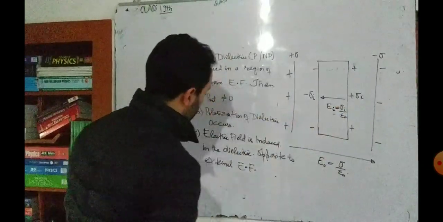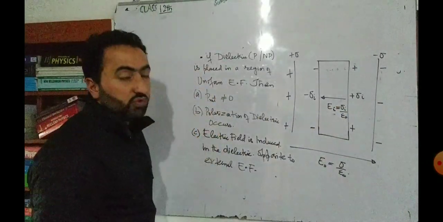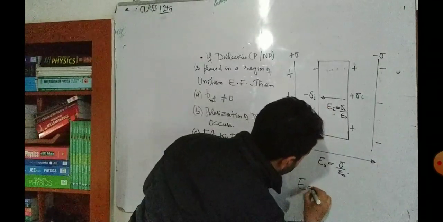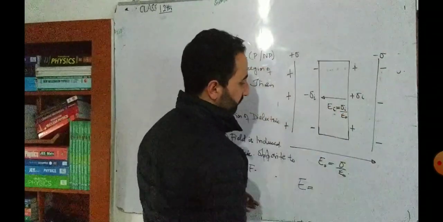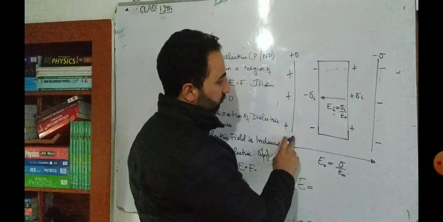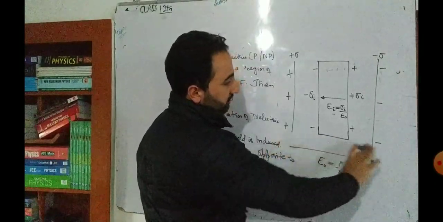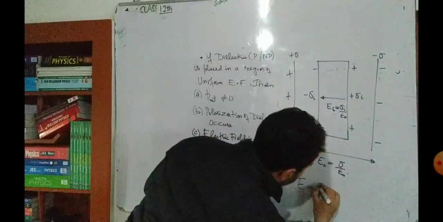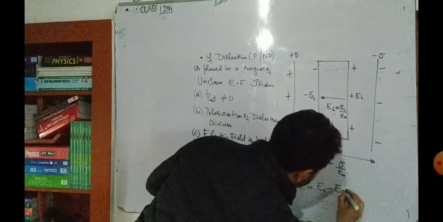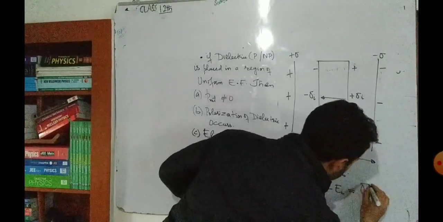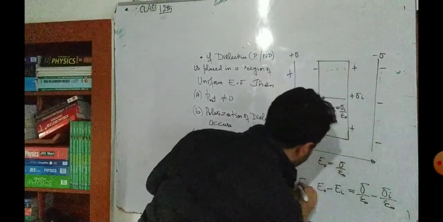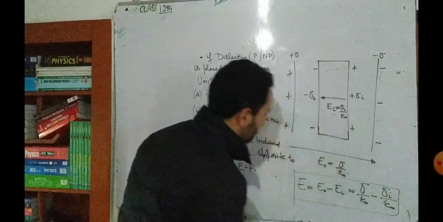So in this direction, which implies that there will occur what? Weakening of the electric field. That means the net electric field E in this region. This E naught is towards the left, or towards the right? So this is directed towards the left. That means E will be equal to E naught minus E I, that's equal to sigma by epsilon 0 minus sigma I divided by epsilon 0. ठीक है ना बेटा? तो लिखो यहाँ तक.